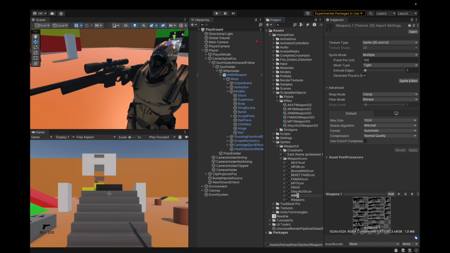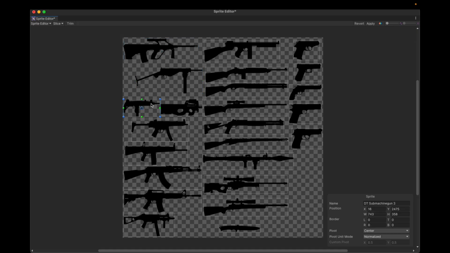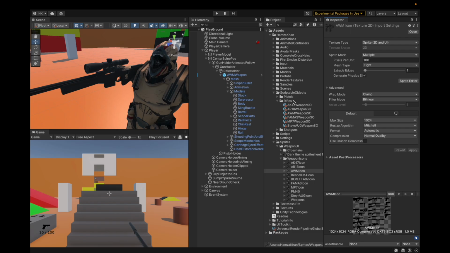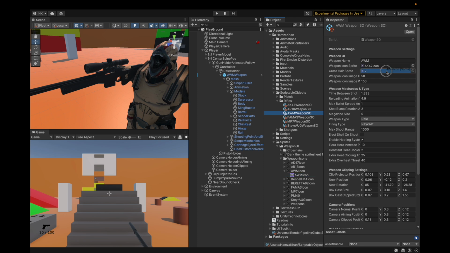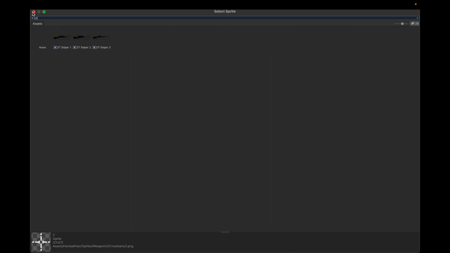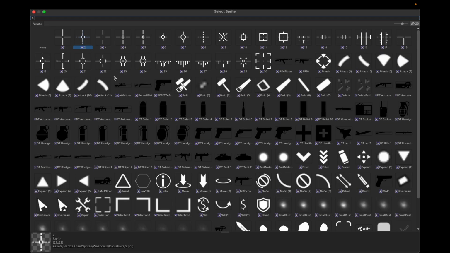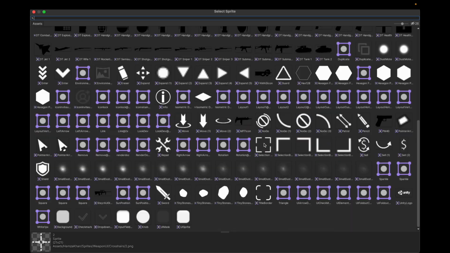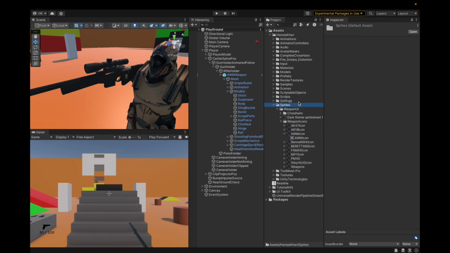So I'm going to duplicate the weapons to make one for AWM. Do Command D or delete, only if you're on Windows, then delete. Otherwise, Command D. Delete all these squares except the one you want. And then I'm going to set this to AWM icon name, apply it, and let's go back to AWM and drag the reference. And I'm going to change the actual icon, the crosshair for this weapon to basically be,